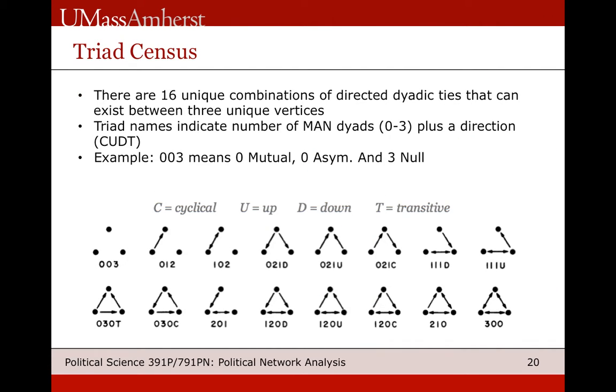Now, in your triad census, when you were dealing with directed ties, what you see is that there are actually 16 unique combinations of directed dyadic ties that can exist. And these are all helpfully named by the number of MAN dyads that exist. So, for example, if you have a 0, 0, 3, it means you have 0 mutual dyads, 0 asymmetric dyads, and 3 null dyads. In addition, there can actually be a direction, like up or down. And so if you contrast 0, 2, 1, D, what that means is that there are outgoing ties from the one node in which